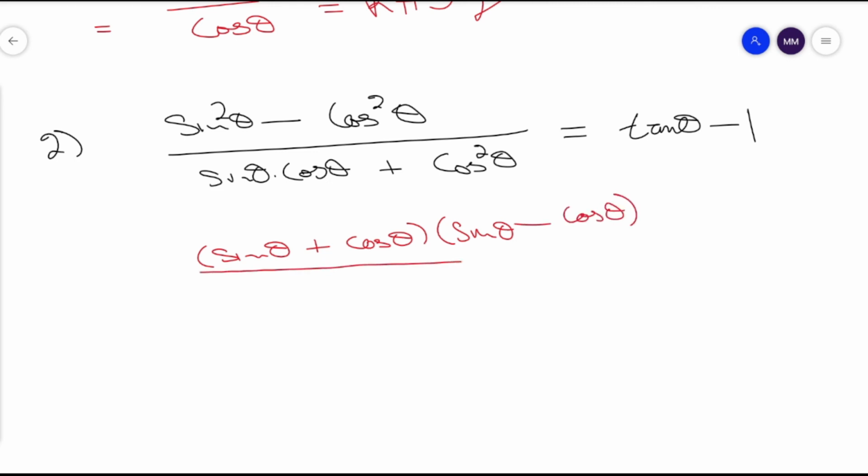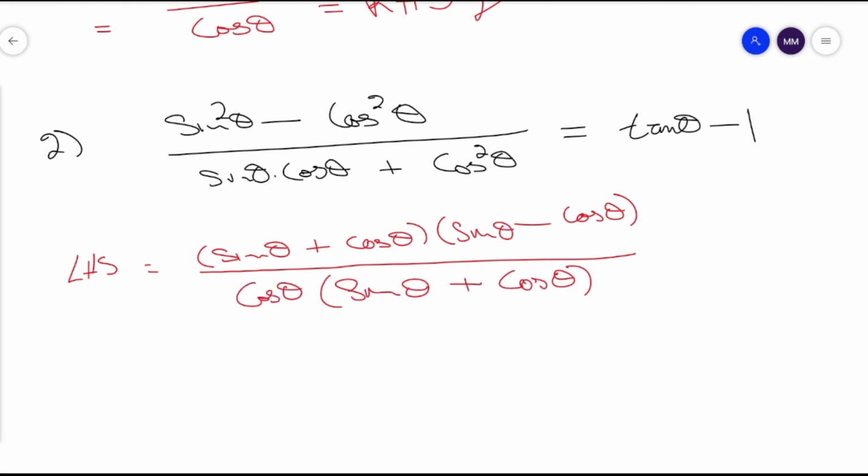By the way, this is your left hand side, right? Divided by, you can take out cos of theta as your common factor. From there, obviously, you're able to say that this here and this here will cancel, and you will be left with